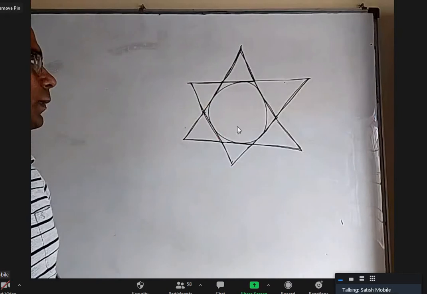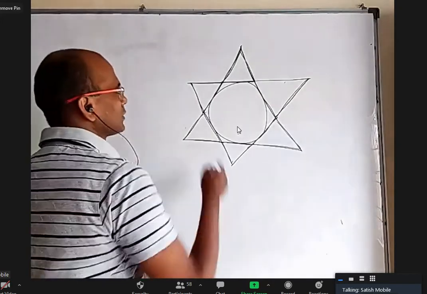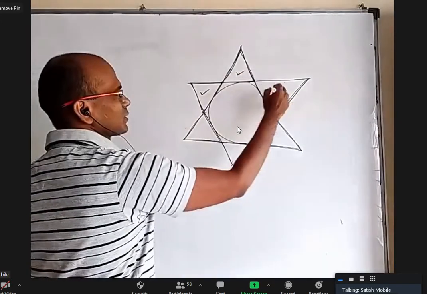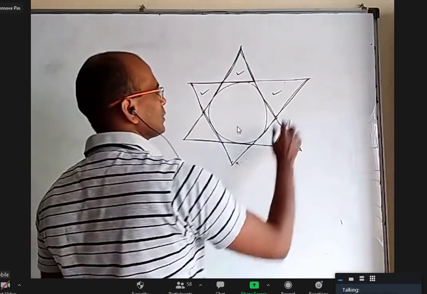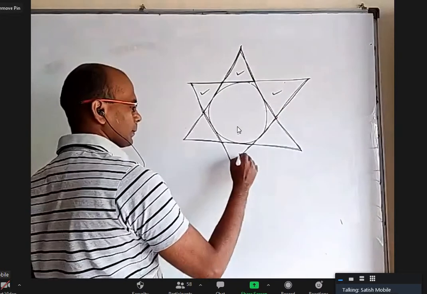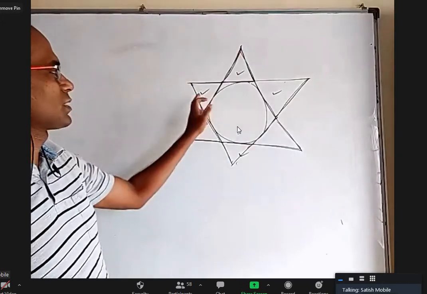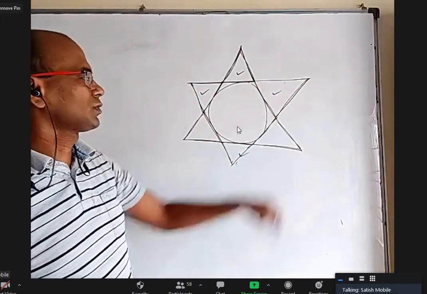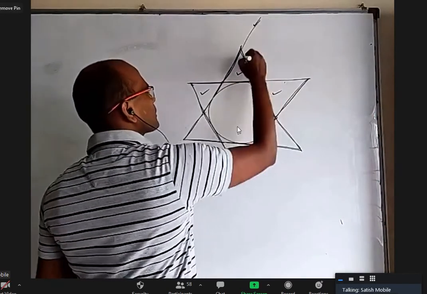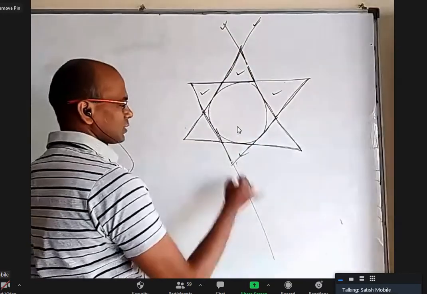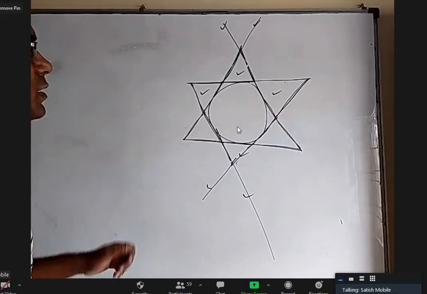touching the given circle. Now, but they said one of the tangents should be above the x-axis. Then I should take only 4 triangles. One is this equilateral triangle, one is this, because the tangent should be above the x-axis, and one is this whole thing, that means this big one. Okay. Now if this triangle is answered, these are the 2 tangents. If this triangle is answered, these are the 2 tangents. If this triangle is there, these are the 2. This one. This. So basically, what I have to find is this line equation, this line equation, this line equation, this line equation. All the 4 tangents whose inclinations are 60 and 120.